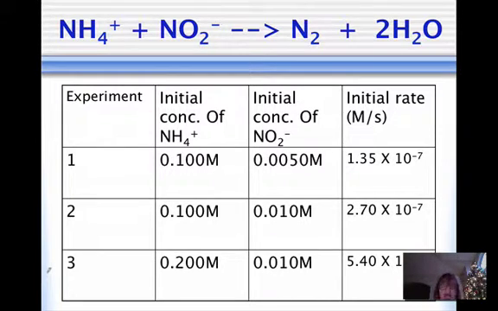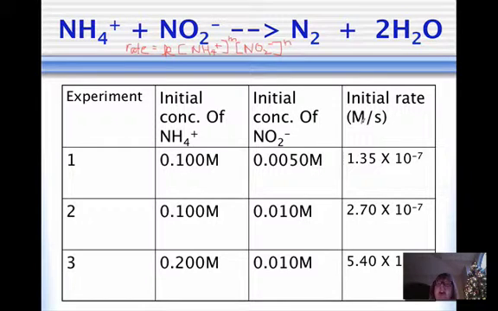The rate law would look something like this. Rate is equal to k times the concentration of our reactant, ammonium, times the nitrite ion. And then this is raised to some order, and this is raised to some order. This is what a rate law looks like. And you've got initial concentrations of your ammonium ion and of your nitrite ion, and then you've got these rates